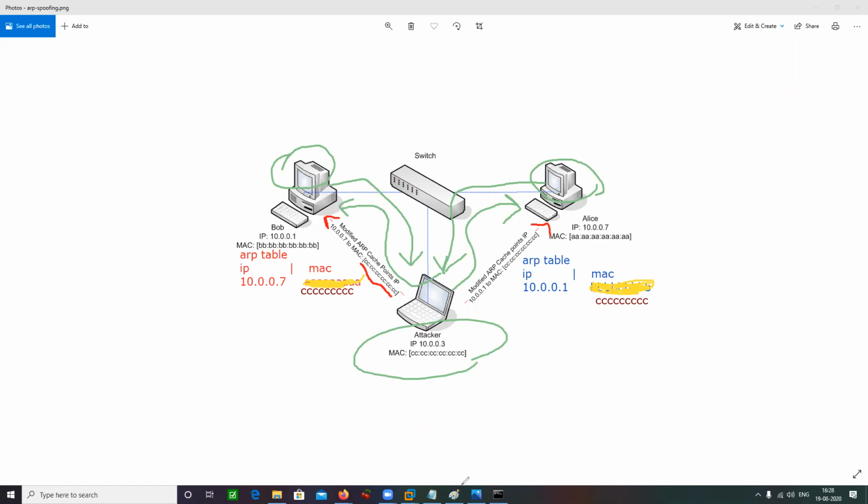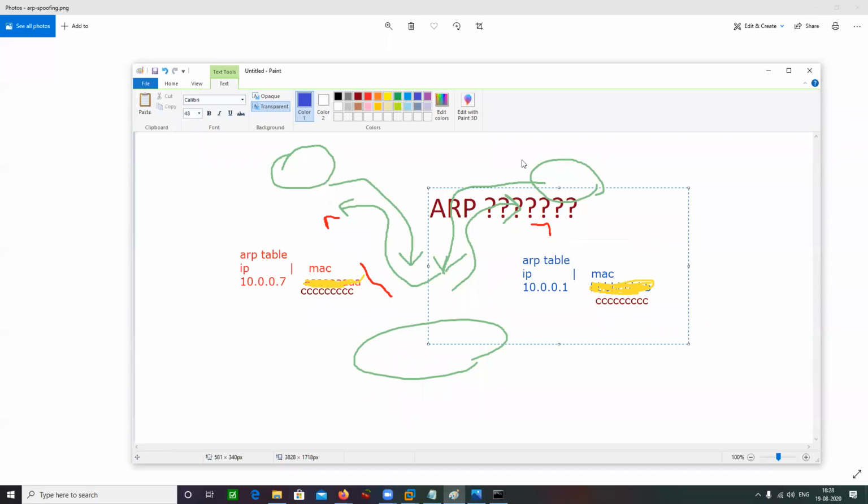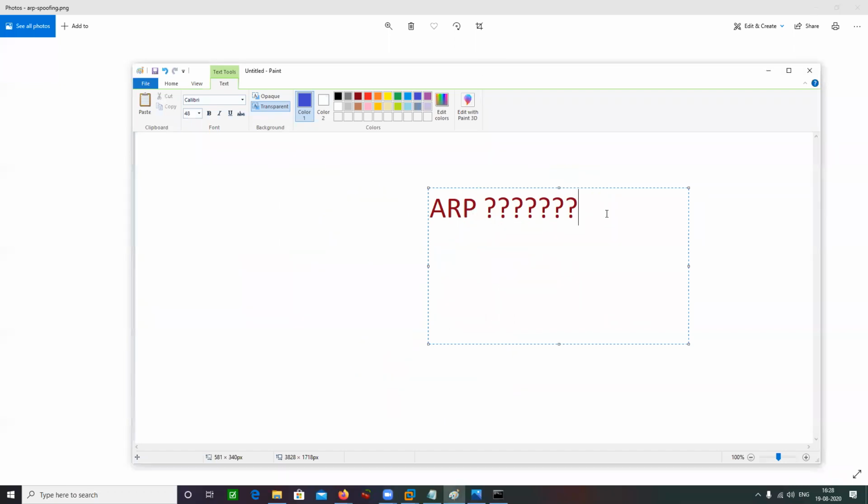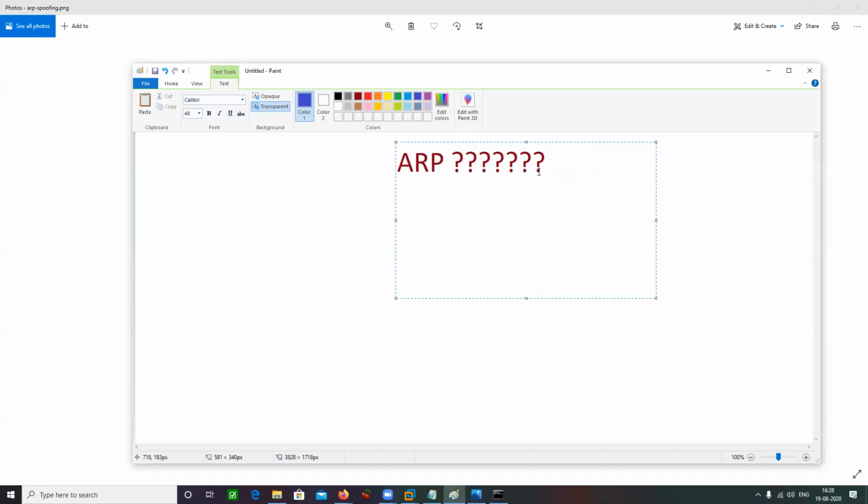Let me give you the steps here. Bettercap, these are certain examples for it. What I am going to tell you is using arpspoof. It's a command line based utility. You just need to open your Linux terminal and type this command.